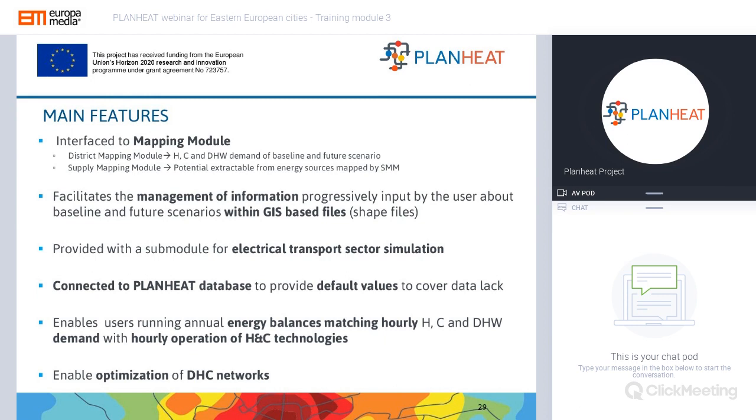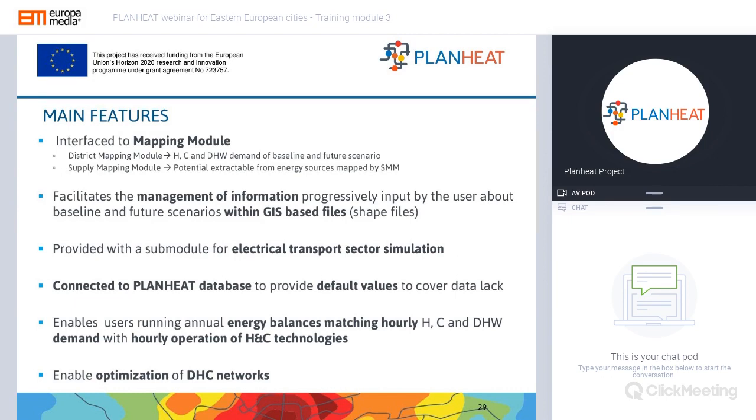It can also be connected to the PLANHEAT database to provide default values in the case where information or data is not available. The district planning module also enables the users to run annual energy balances, matching hourly heating, cooling, or even domestic hot water demand with hourly operation of the heating and cooling technologies. It also, of course, enables the optimization of district heating and cooling networks.